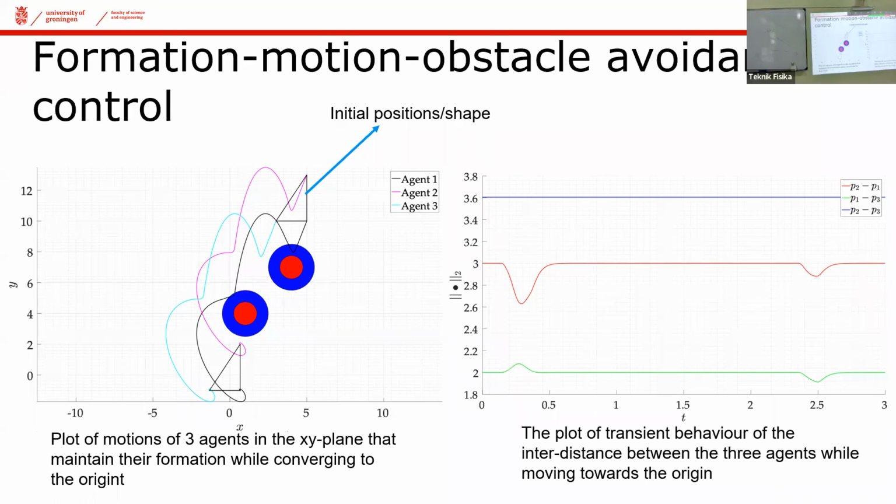Right. The real obstacle is the red one, and the blue one is the area where the agent has to activate the collision avoidance. The blue one is still a safe region, but that is the area where the agent has to really execute the maneuver. Otherwise, it will hit the red one. Yeah, understand. Thank you, Professor.